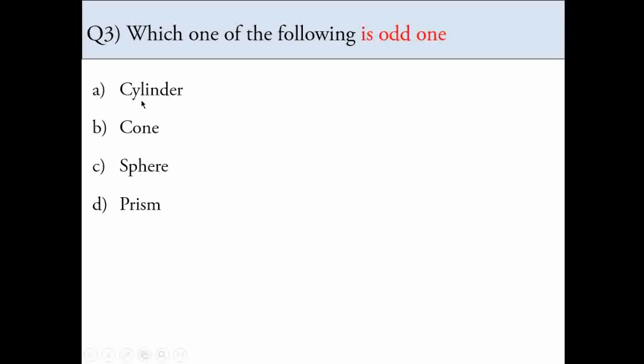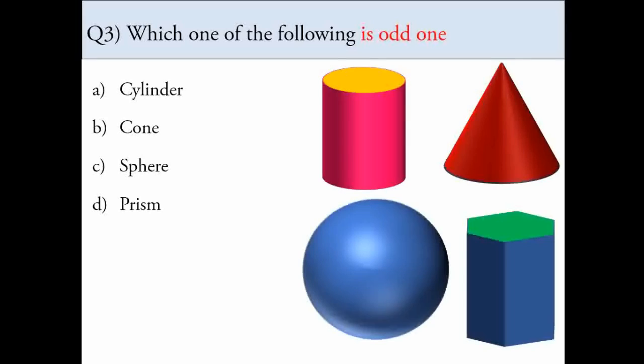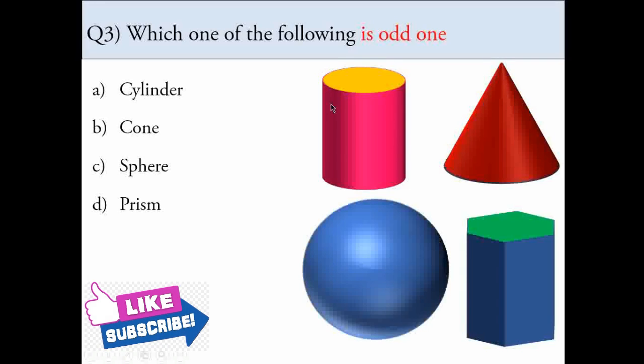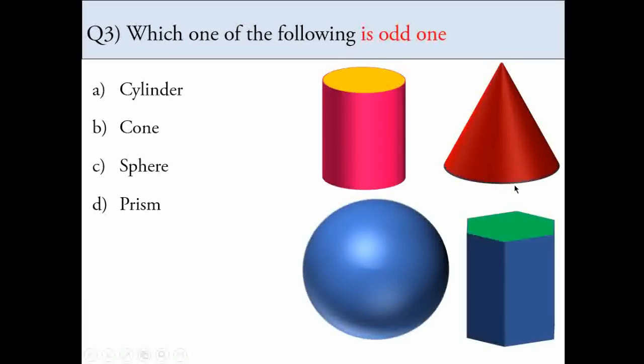If you observe the cylinder, cone and sphere, they come under one category, and the prism belongs to the other category. That category is as per the formation of the solid. Okay, so in the 3D views of all these four components, the first one, the cylinder, has a circle at the top and bottom, and the top and bottom surfaces are joined with the help of a completely curved surface. Then the second, the conical object, also has a single circular base, and the upper surface is completely curved in nature. The sphere also has a completely curved outer surface.